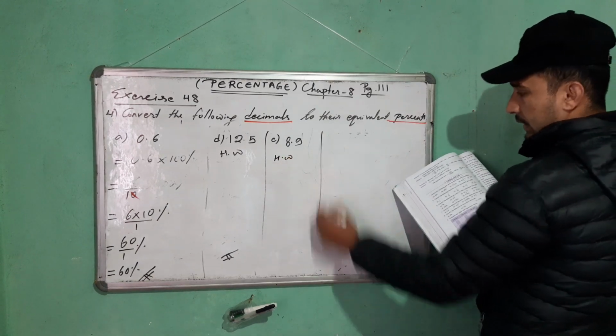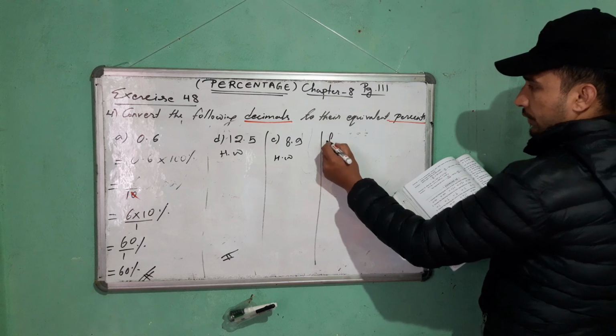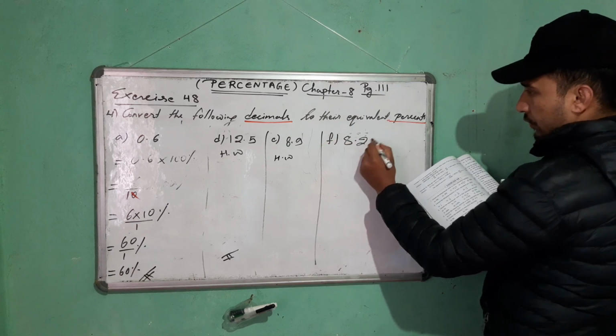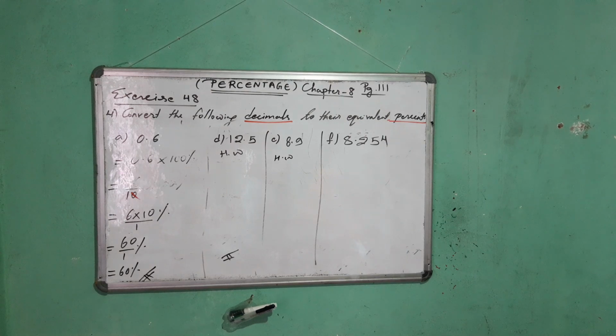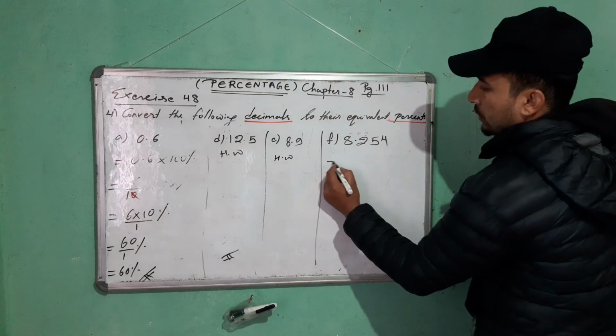And next is F, you have 8.254. You have to convert this into percent. This I will teach you. This will be equals to